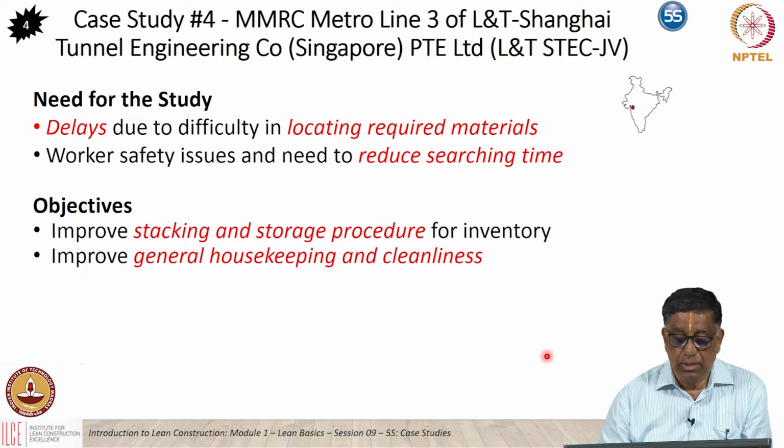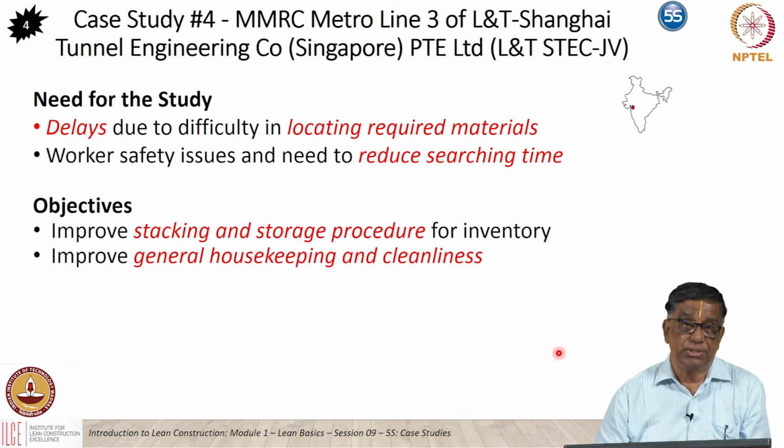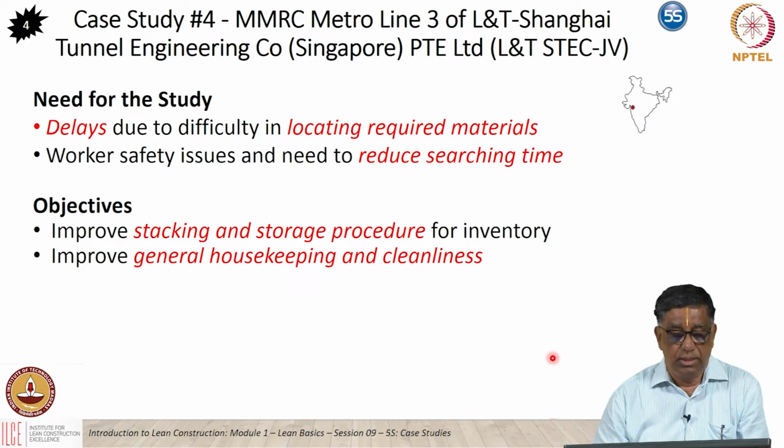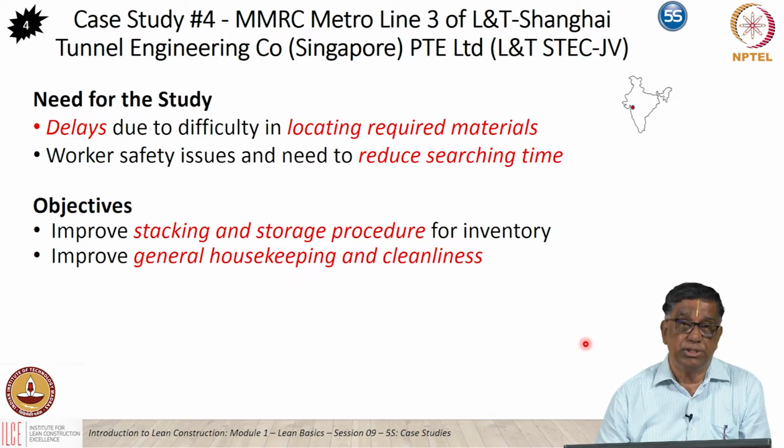So they had a lot of delays earlier in locating materials, because with limited workspace, something had to come from a bigger storage yard kept away from the site. All that could be properly streamlined, and the searching time got reduced substantially. They also generated procedures for how to stack materials and how to keep them with proper housekeeping and good cleanliness. Being in the middle of Mumbai, with a lot of traffic all around, a lot of dust and dirt is generated, but in spite of all that, they could keep the place neat and clean and well shined by